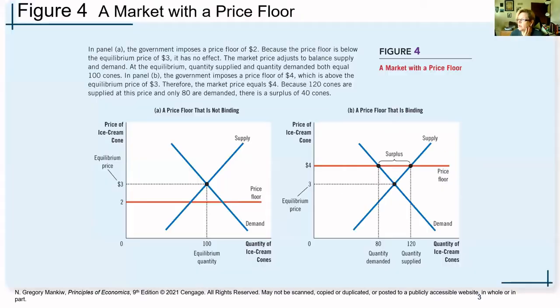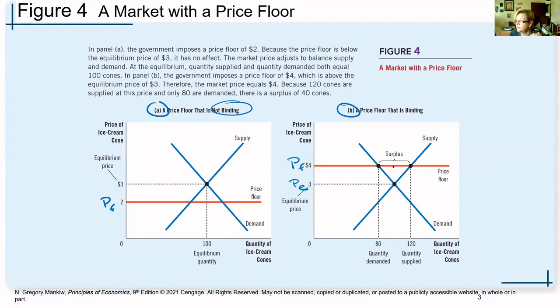Okay. All right, so here's a nice example, again, using ice cream cones, which is kind of crazy, in price floors. We tend to see it in agricultural goods a lot because, and I think I alluded to that in Chapter 5 at some point. So here again, we have the demand and supply in panel A. We want to look at this and say, okay, this is the price floor. Prices can't go below it, $2. And we would say that this particular one is in fact non-binding because prices can be above it, they just can't be below it. In B, the price floor is $4, price equilibrium is